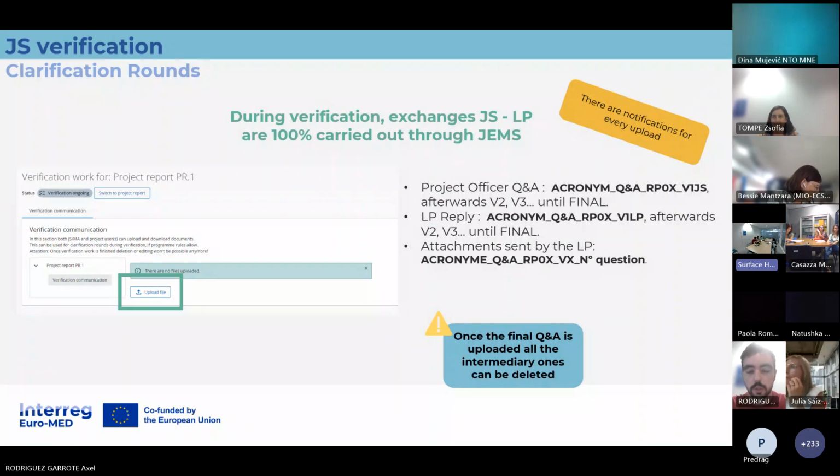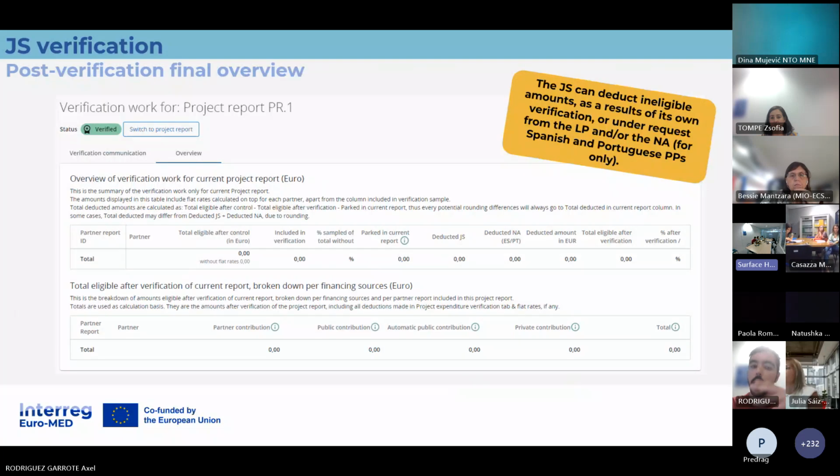So once all the questions have been replied to and everything is correct, we apply the required corrections. We can also detect some ineligibilities and apply our own corrections. And then once everything is clear, we will finish our verification. Then you will see yet another section, this overview section.